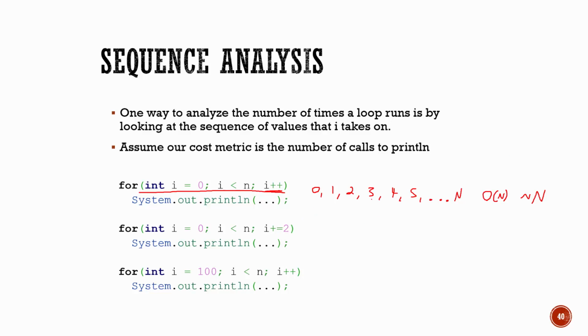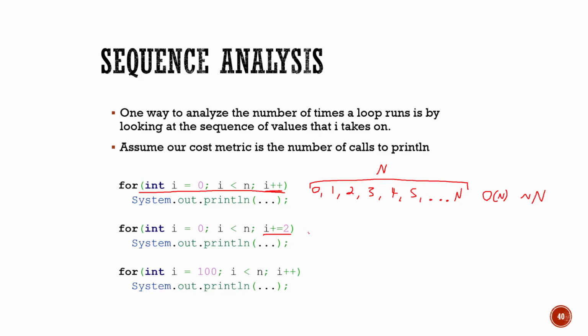Now it's going to get a little bit trickier. So let's take a quick look at the next loop. The bit that's changed here is the last part, how i updates. So now I have i plus equals 2. Let's see, what does that do? Again, my goal is to figure out what the performance of this is. So I'm going to trace the sequence, try to figure out basically how large it is, and that tells me the performance. And actually, let me add an annotation over here. The values of i that were seen in the previous loop happened n number of times, hence my performance. So let's try that same idea on this other example.